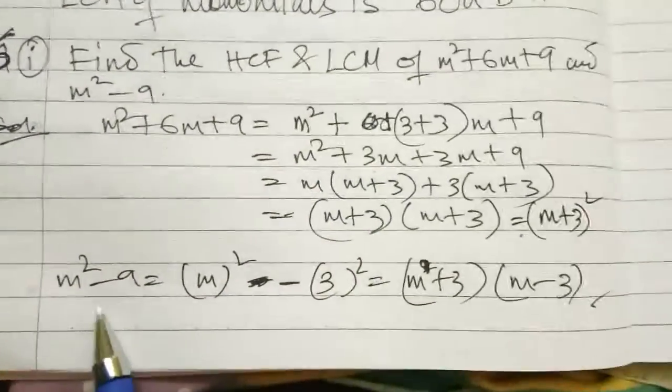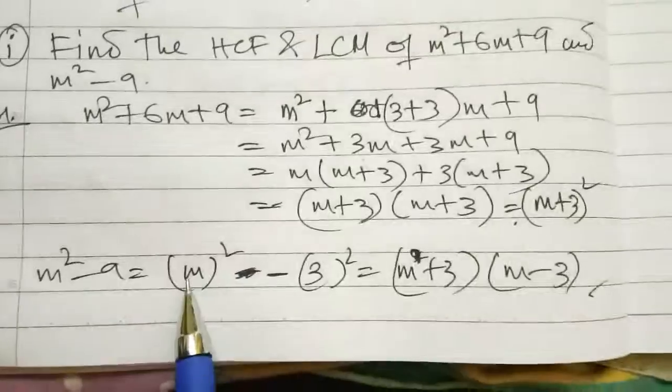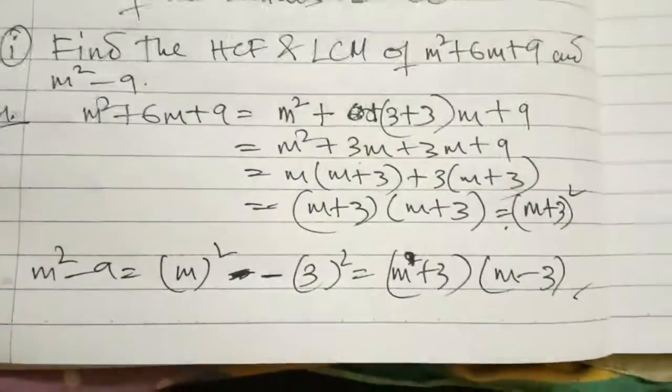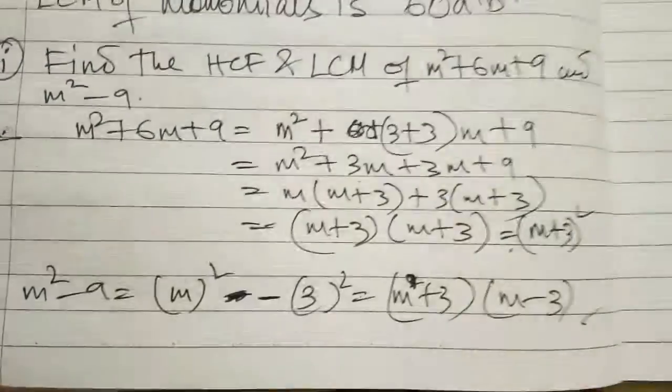Now from here, see, it is given m square minus 9. Then same thing, a square minus b square. You can easily write down (a plus b) and (a minus b). Then from here,